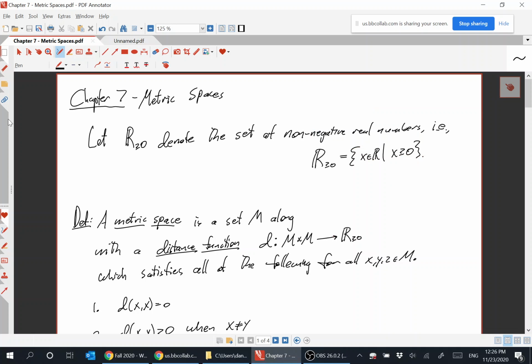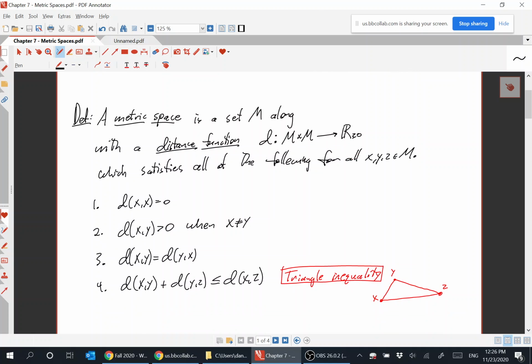So, a quick review. R greater than or equal to 0 denotes the set of non-negative real numbers, all real numbers bigger than or equal to 0. And a metric space is a set M along with a distance function d from M cross M to here. So between any 2 points in the metric space, there is a distance